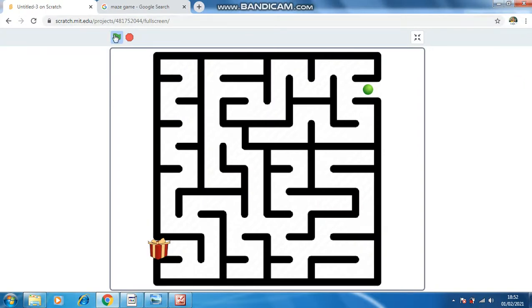You can see when I click the flag, it is going to the position. Now I will complete the maze. Now again I will try it. You can choose your own backdrop of maze and create a more difficult maze than mine. So now I will do it in this chance. I will try my best. So again I will try. So let's go.